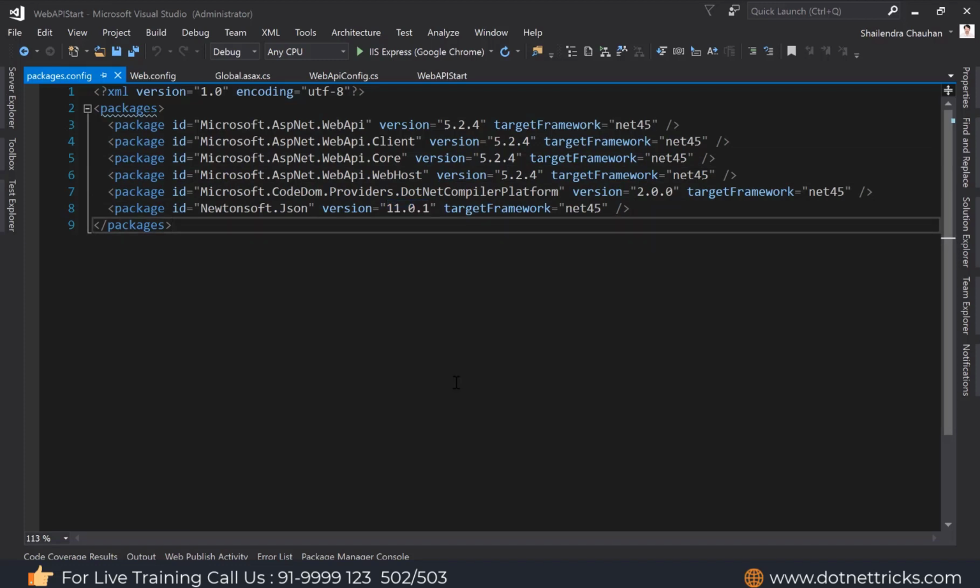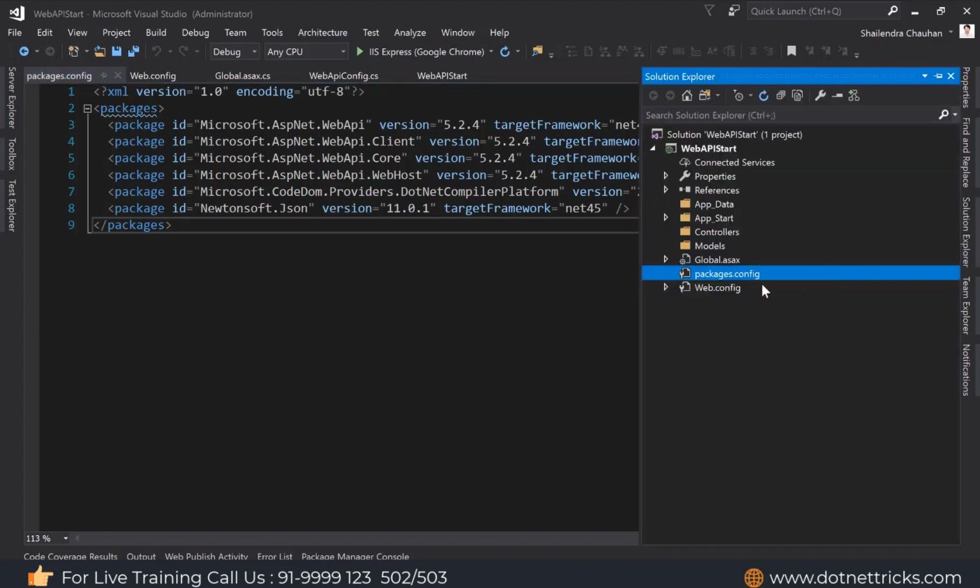In the same way, when we add Entity Framework, you will get the Entity Framework package information, whether you are using Entity Framework 5 or Entity Framework 6. Even if you add MVC 5, that MVC 5 package information will also be added here. So if you want to know which version of Web API or Entity Framework we are using, always have a look at this packages.config file.